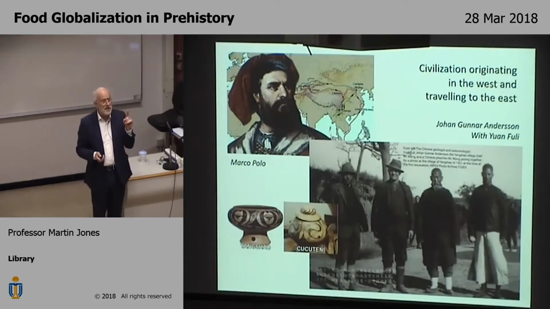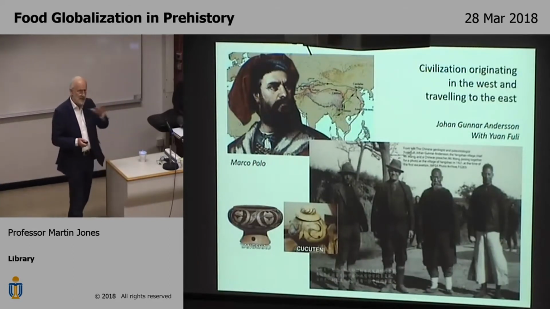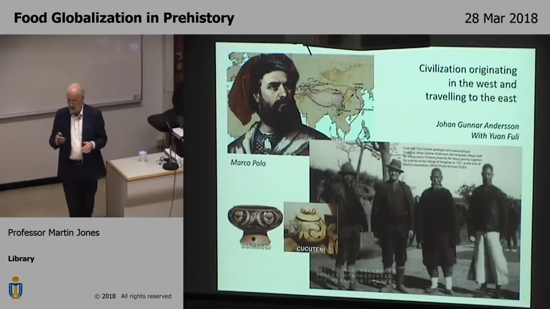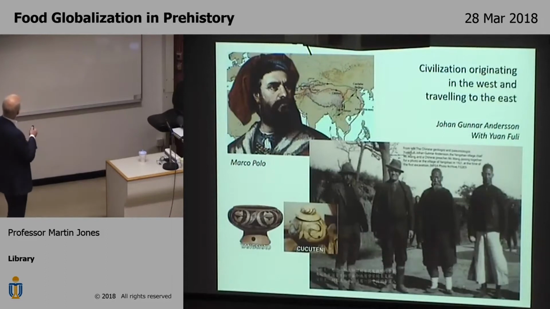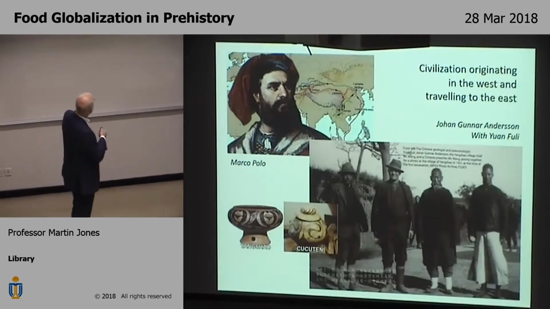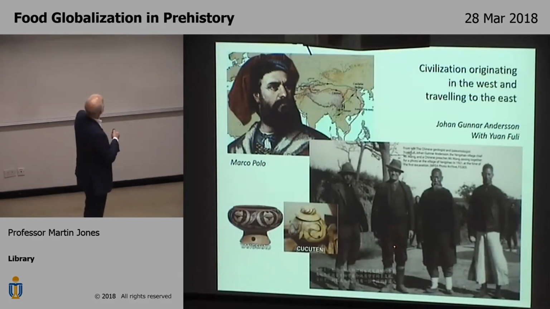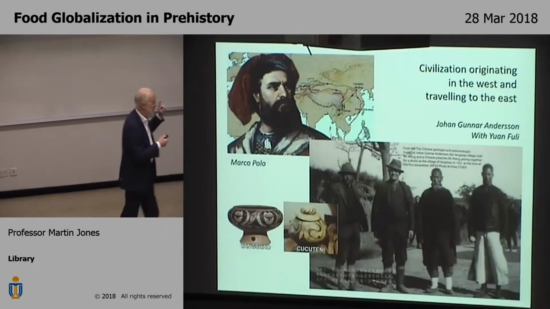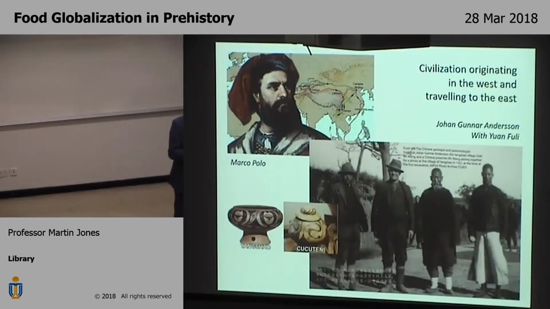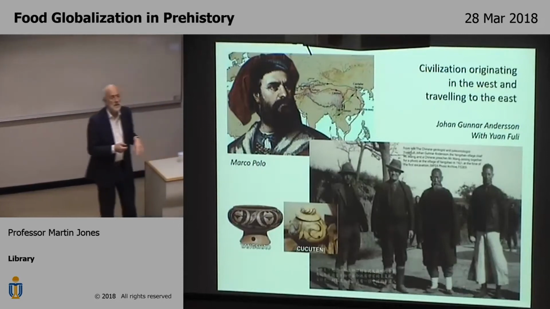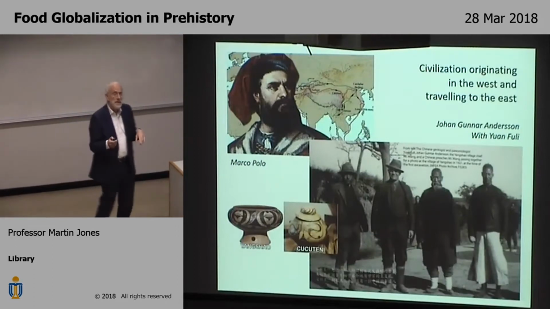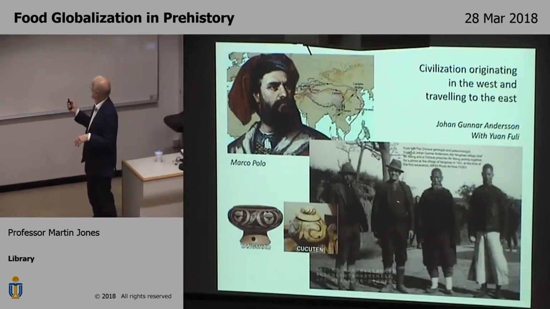And so when the first archaeologists who could see evidence of deep-seated linkages between East and West, they did the same thing. And down on the bottom right, you have Yuan Fuli, who is a pioneer Chinese archaeologist, and Johan Gunnar Andersen, who is a Danish originally geologist, but they're standing on the famous Neolithic site of Yangshao, which they discovered and excavated back in the 1920s. And when they did so, what Andersen